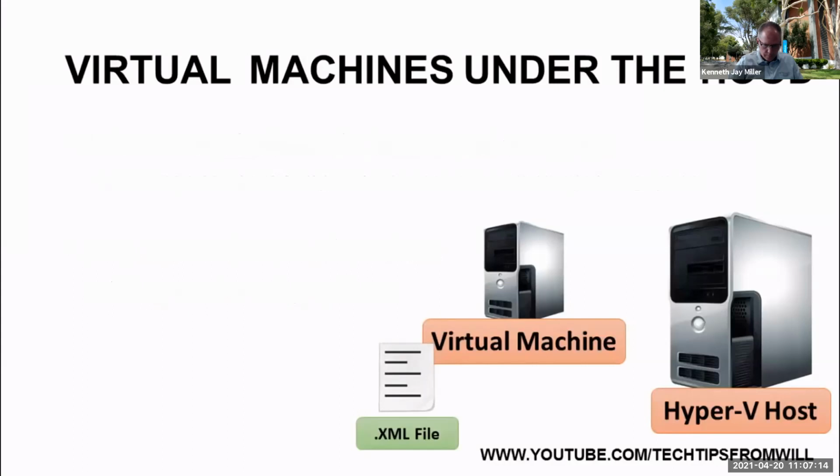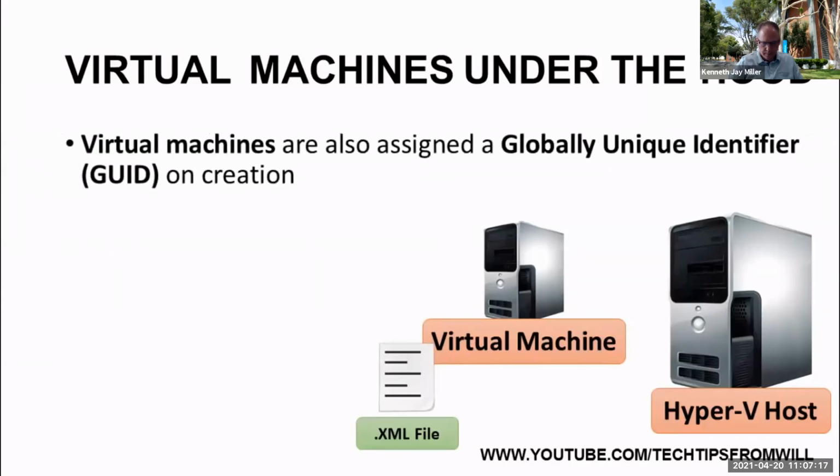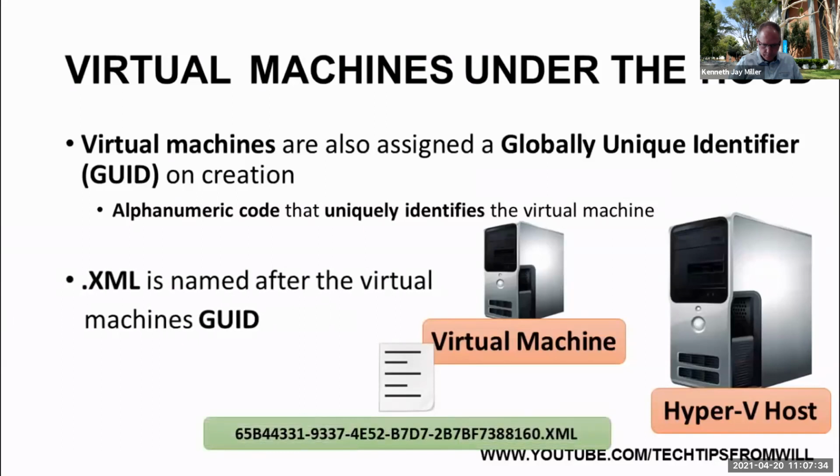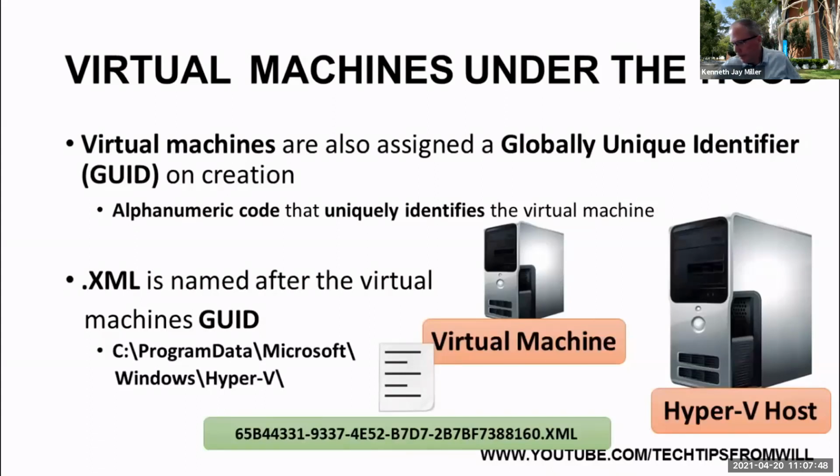Virtual machines are also assigned a globally unique identifier, or GUID, on creation. A GUID is a randomly generated alphanumeric code that is used to uniquely identify the virtual machine. A virtual machine's XML file is named after its GUID. By default, virtual machine XML files are stored in the C Program Data Microsoft Windows Hyper-V directory. Later on in this lesson, I will create a virtual machine and will show you the XML file associated with